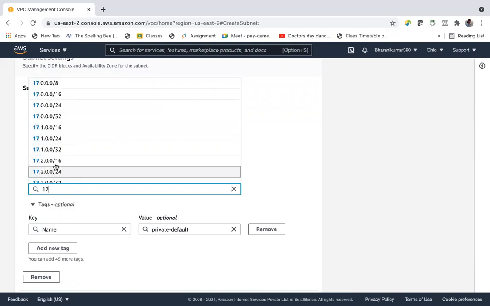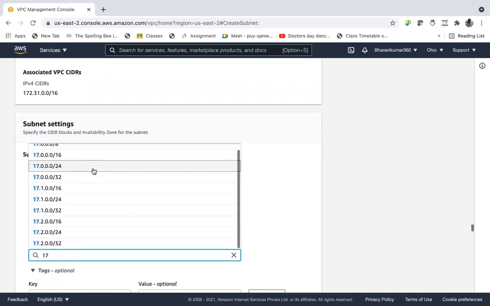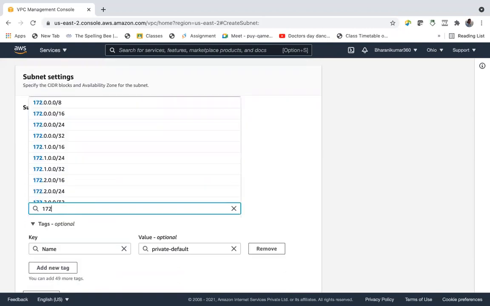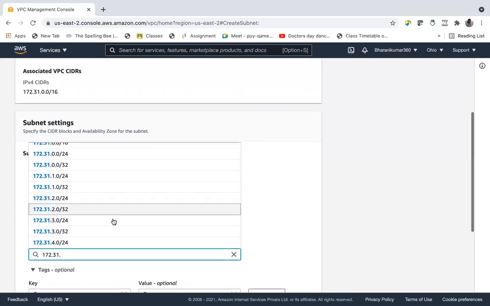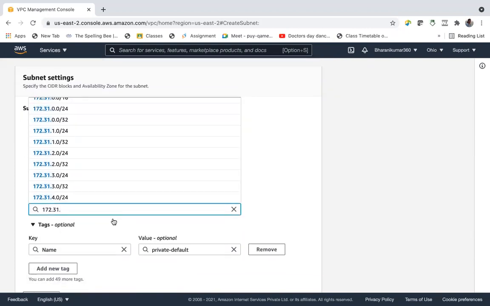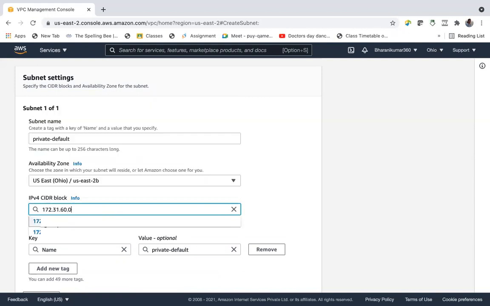Already there are 3 subnets. So let's say 172.31. Let's give some 60.0/24. 24 means we will get around 256 IP addresses.